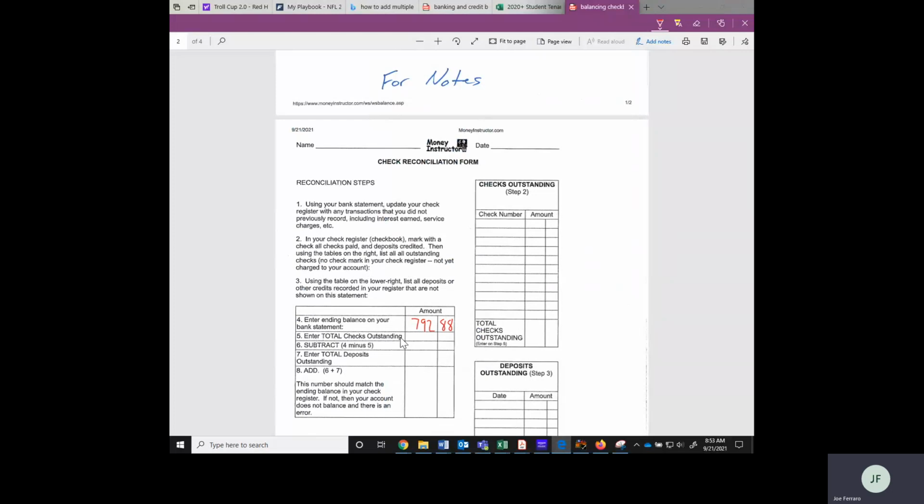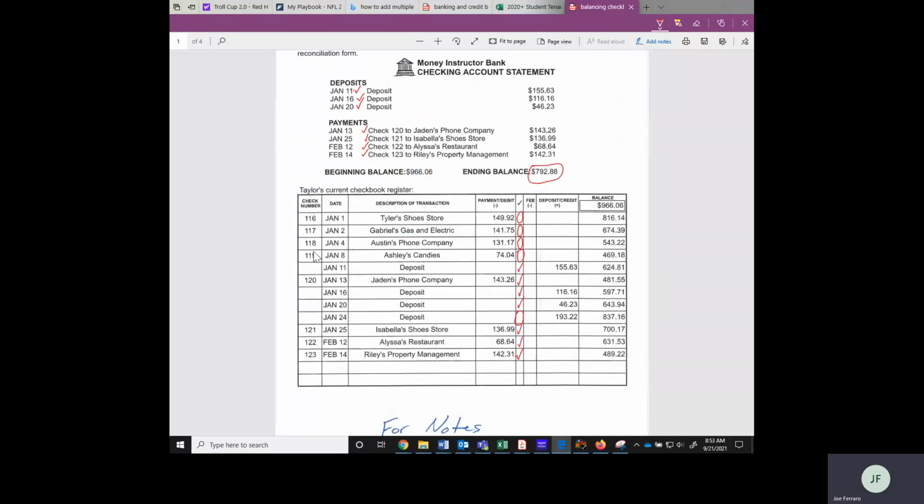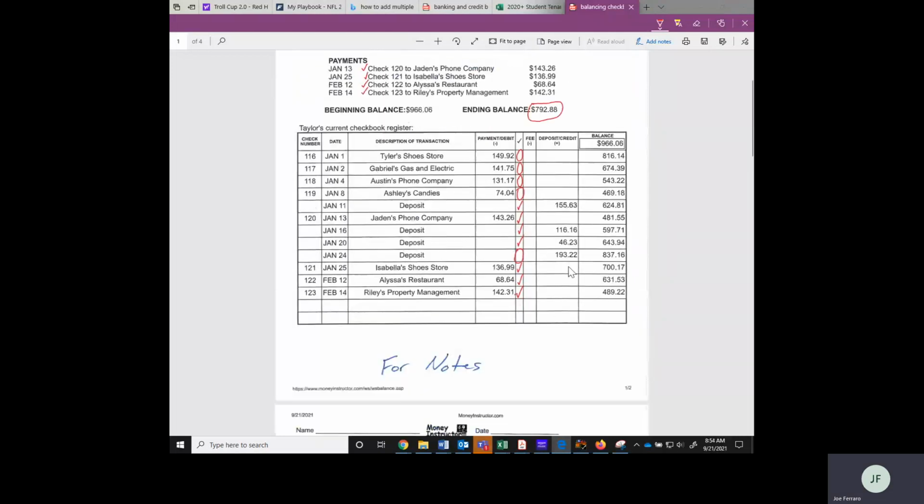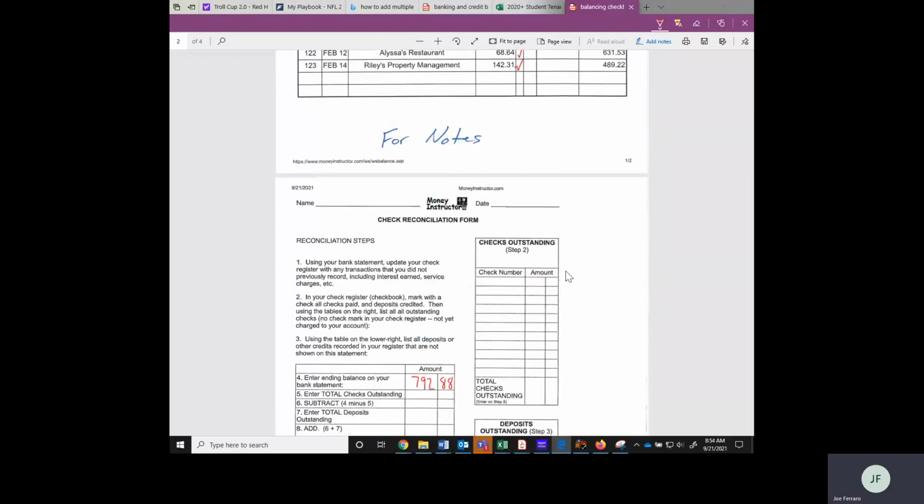Next, we need to enter the total checks outstanding. They give us a little worksheet here. What we need to do is go through, and there's 1, 2, 3, 4. Those are all checks. There's another outstanding, that's a deposit. So we're just going to look at the checks. I'm going to write in these 4, and their check numbers 116 through 119. So check numbers 116, 117, 118, and 119. The amounts: